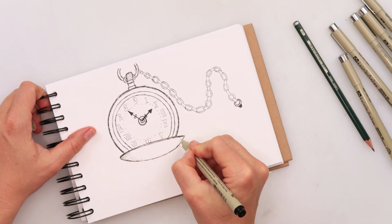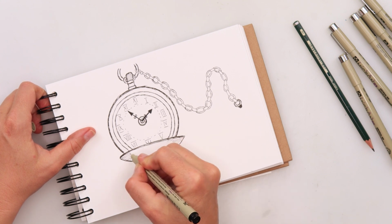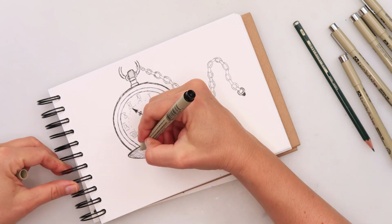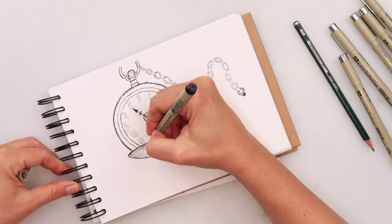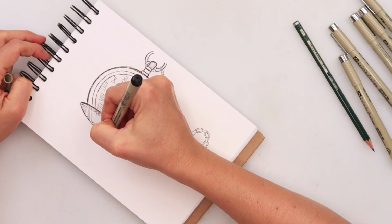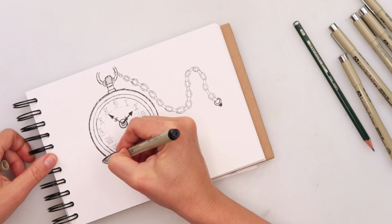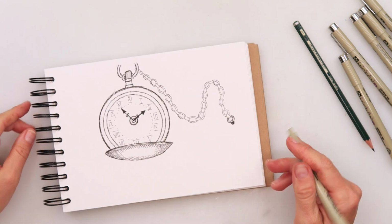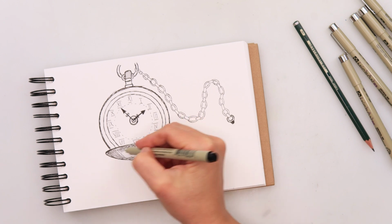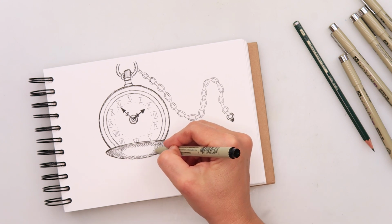And I do want the lid to be quite shaded and have heavy shading on top, so I will be adding a lot of the cross hatching there and just going in all sorts of directions, just thinking that in the center it's going to be a little bit lighter and on the sides a little bit darker, so I'm just adding cross hatching and lines on both sides